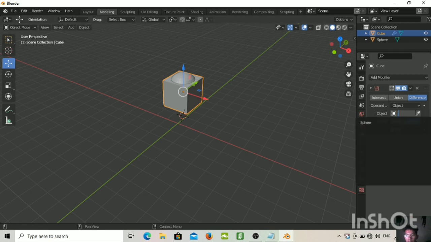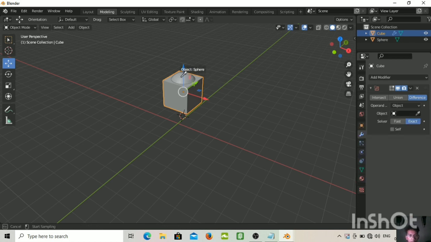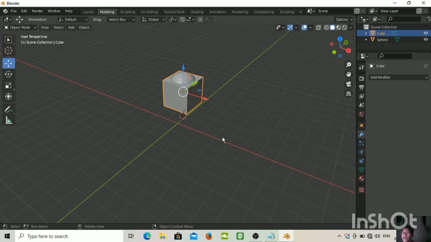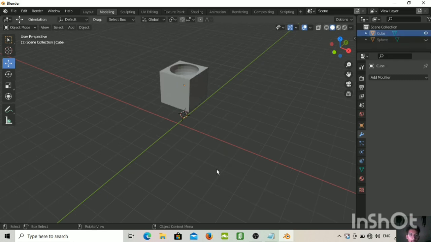Okay, now that we have clicked the Boolean modifier, we will go to this option right here, and let's click this pen icon and click the sphere. Upon clicking, click this drop down menu here and just click apply. Okay, now you have applied your modifier to these two shapes. And now let's see the result that we just made. Let's try to hide the sphere object. And now you can see that